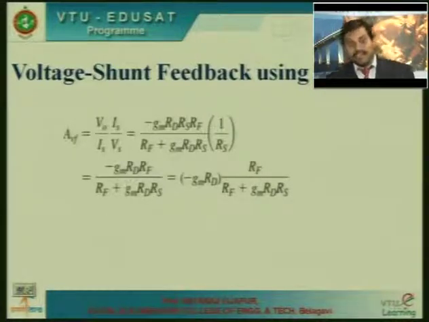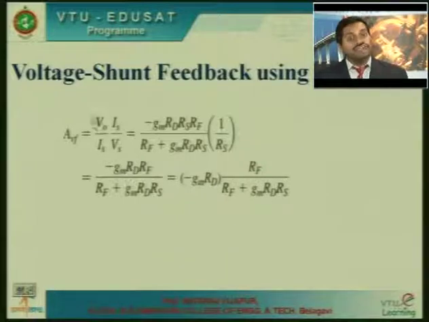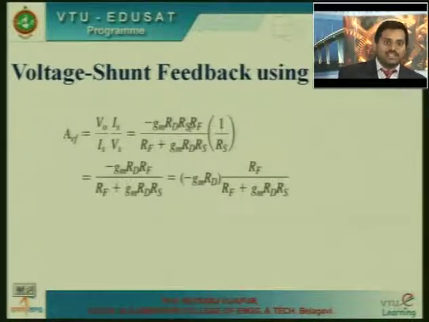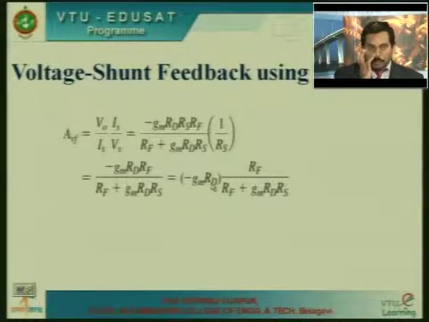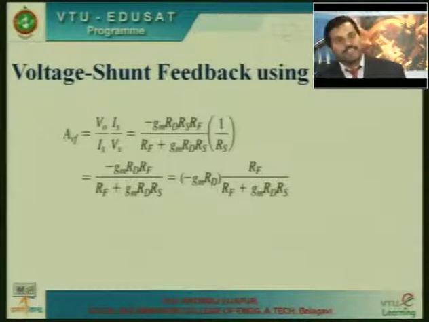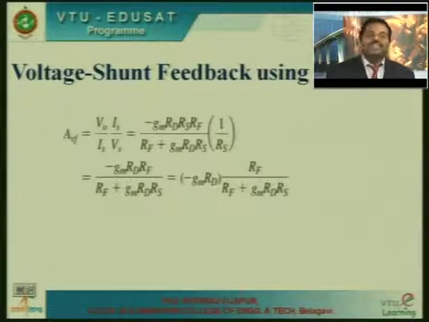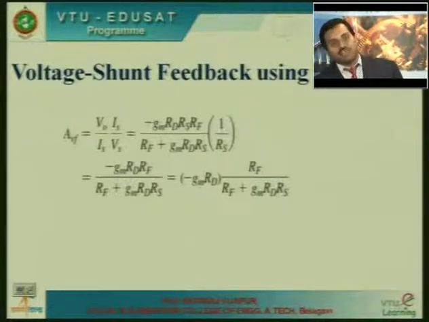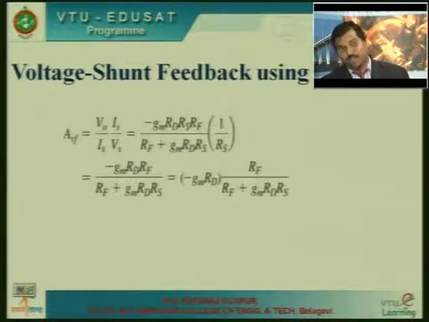Okay. You can further evaluate closed loop gain with voltage as a parameter. So, AVF is V0 by Vs. V0 by Vs can be rearranged as V0 by Is into Is by Vs. So, further substitute, you will get the expression for closed loop voltage gain AVF. So, voltage gain is very important in voltage amplifiers. So, this is a parameter of interest in voltage series feedback also, as well as in current series feedback, voltage